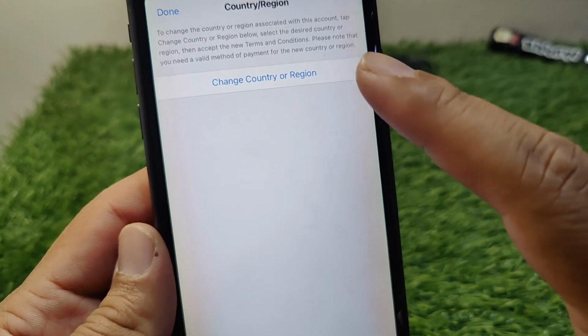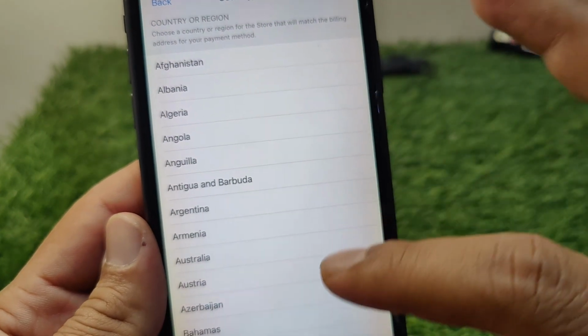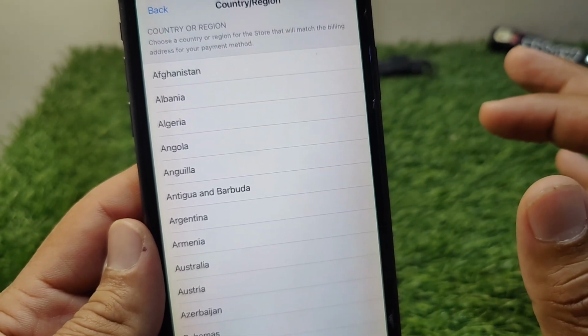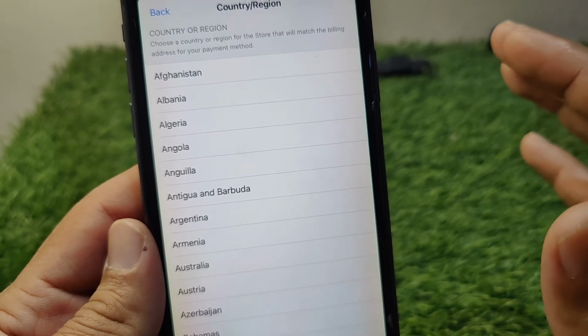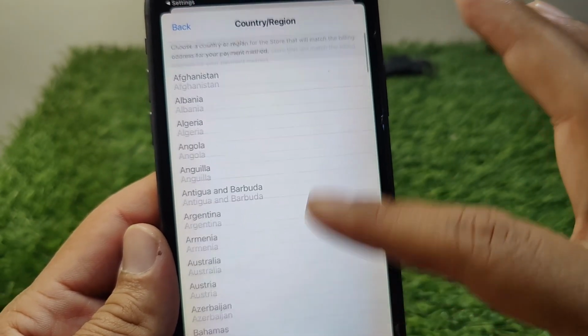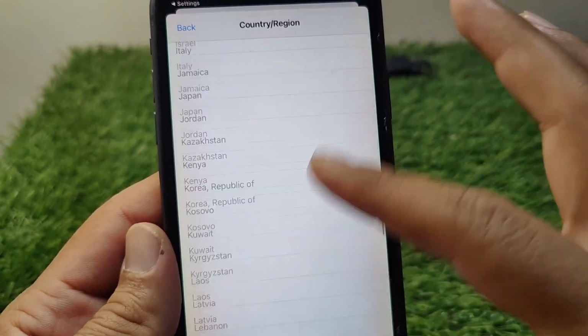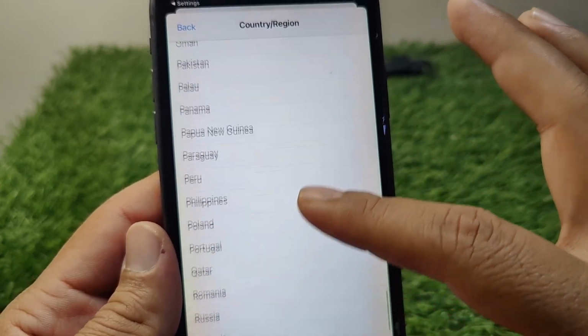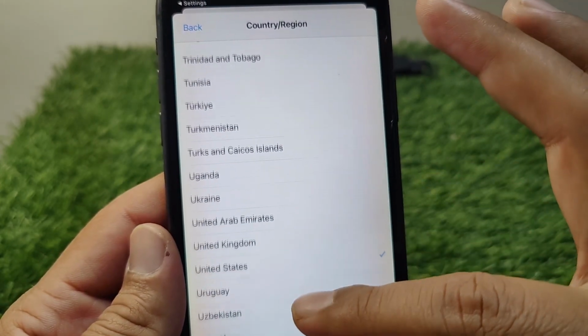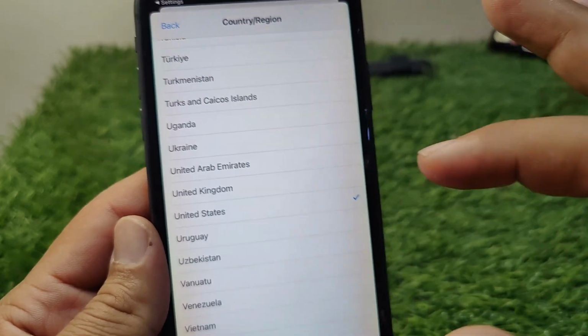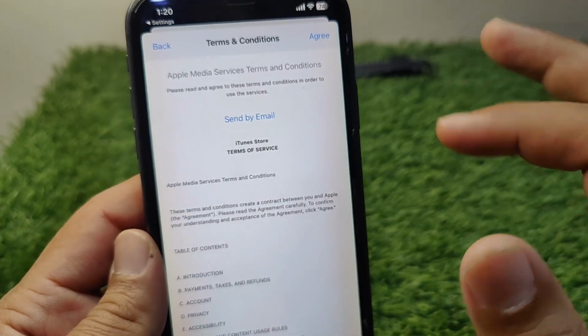So guys, from here tap on change country or region, and now you have to simply select the country where the app can be downloaded. So guys, you have to simply select that country. Here I am selecting United States. So guys, scroll below all the way and select United States, and then wait here for some seconds